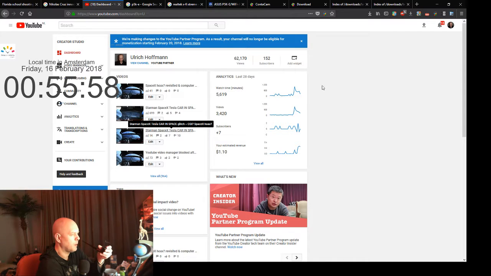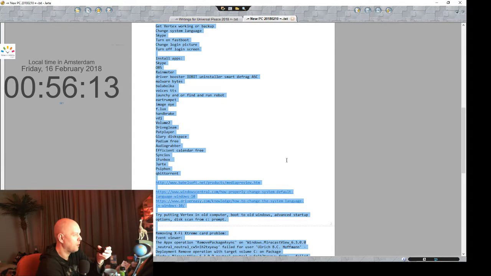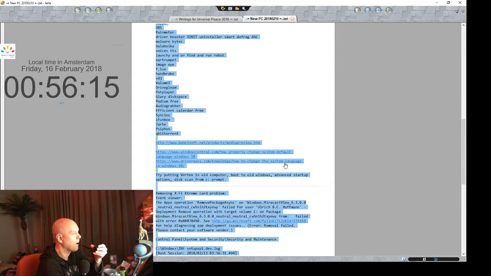Try putting Vertex in the old computer, boot to old Windows, advanced startup options, disk scan from C prompt. Removing the X-Fi Xtreme card problem. Event Viewer: The UPS operation remove package async on Windows.miracast view